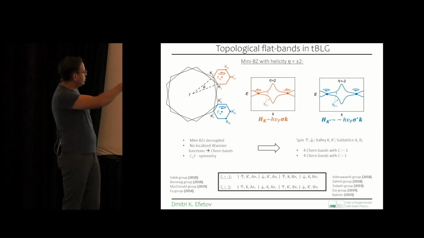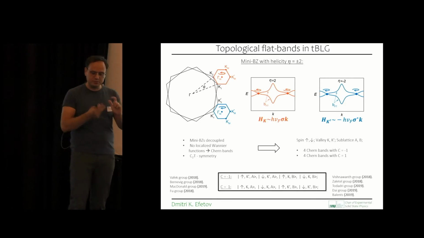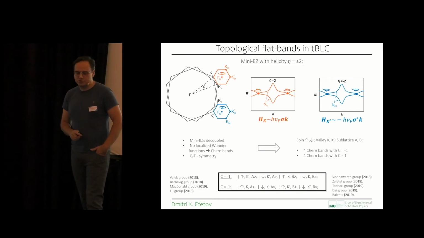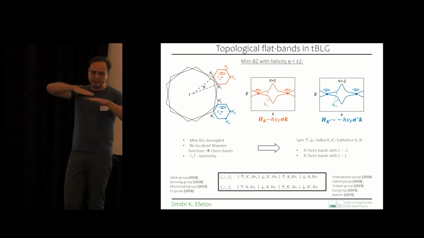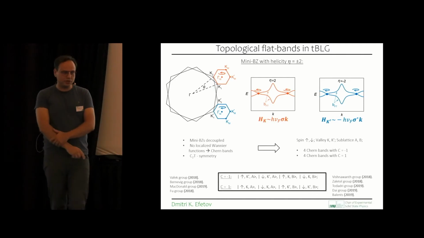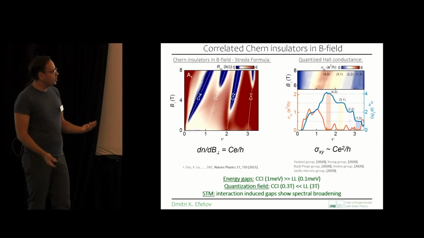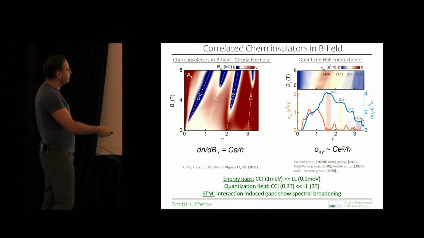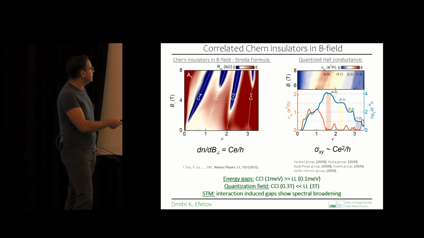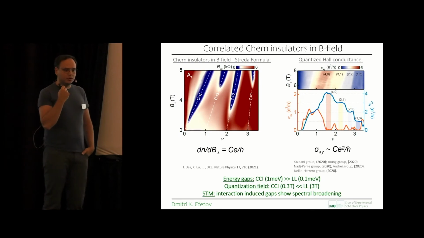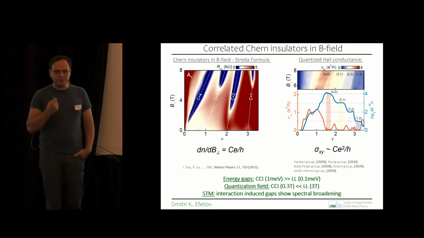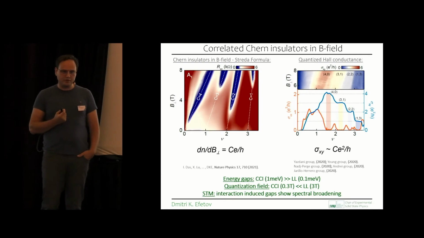So for Dirac nodes, what you need to break is C2T symmetry, so basically inversion symmetry and time reversal symmetry, to lift these Dirac points and open up gaps, which then show these topological properties. And so, for example, what we did, and other groups did simultaneously at that time, we were able to break this symmetry by applying perpendicular magnetic fields.